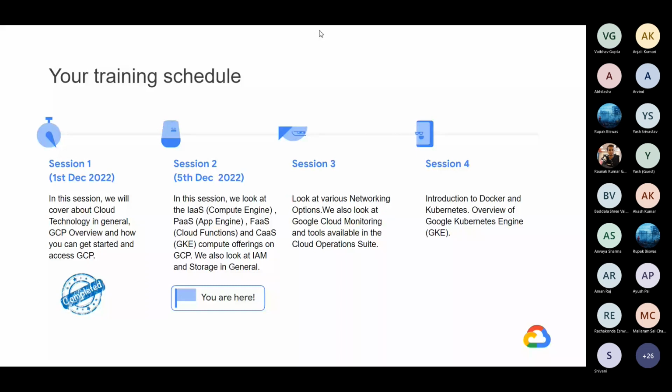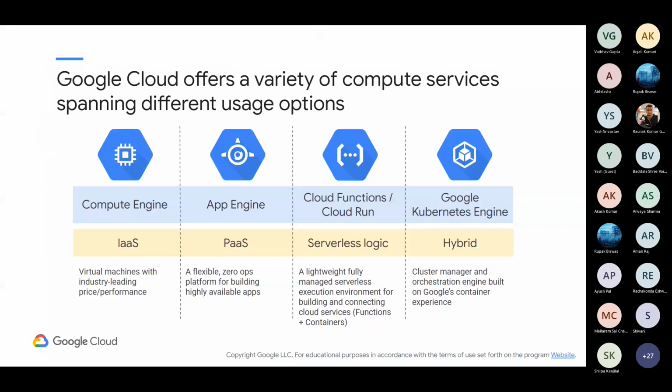So Google Cloud offers a variety of compute services in as many different options. These are basically Compute Engine, App Engine, then Cloud Functions or Cloud Run, and Google Kubernetes. So we will be looking into these individually one by one, and when we should use them, and what the differences are between them as compared to the others. So starting with Compute Engine,